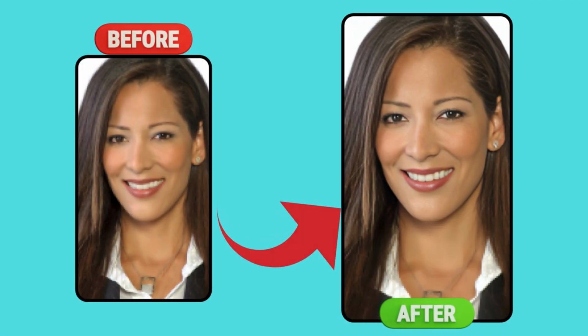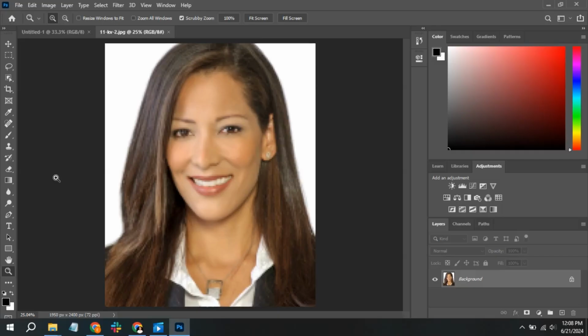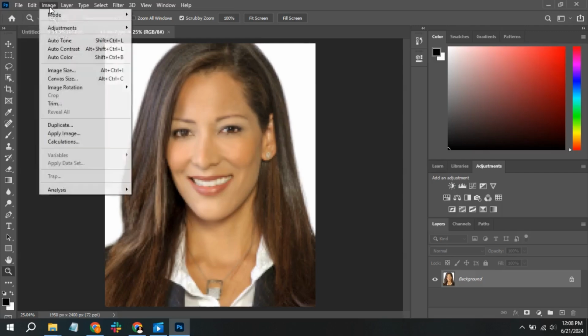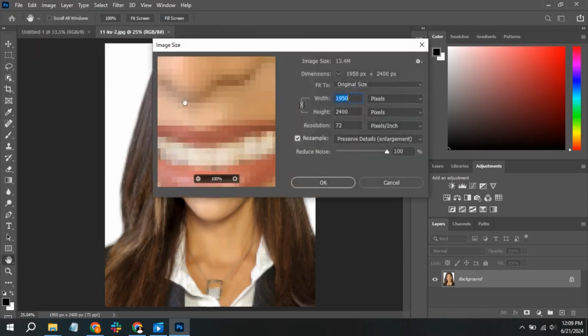In today's video, I will show you how to enhance photo quality in Photoshop. First, go to the Image option and select Image Size. If you notice noise in the picture, choose the Pixel option